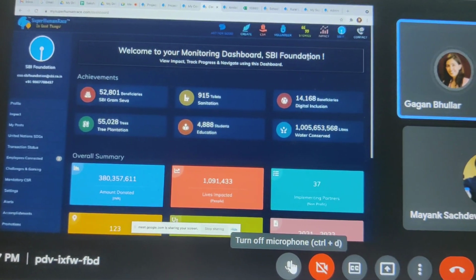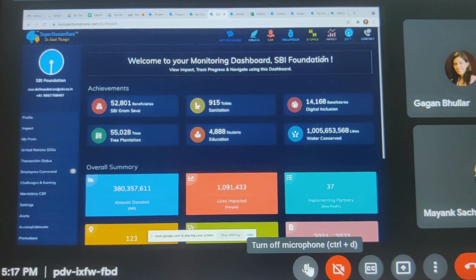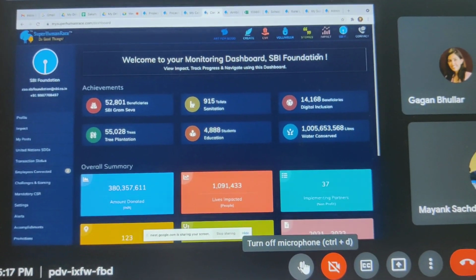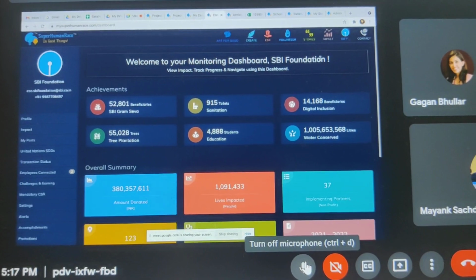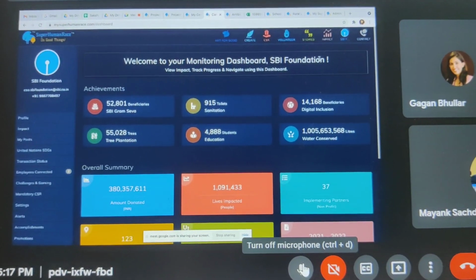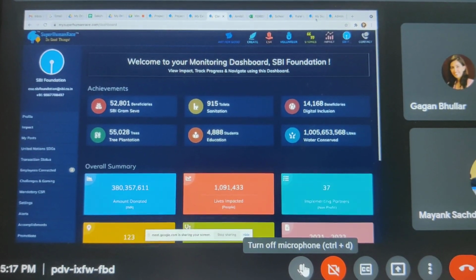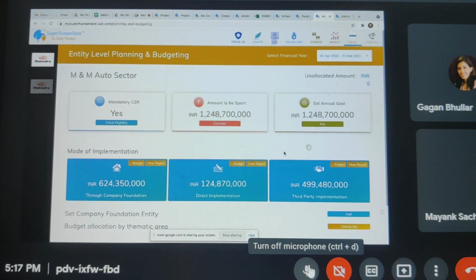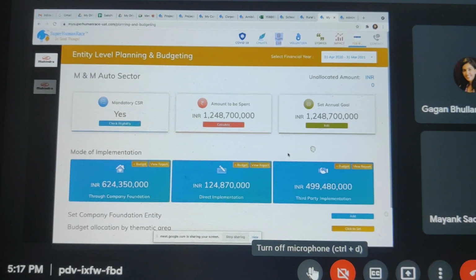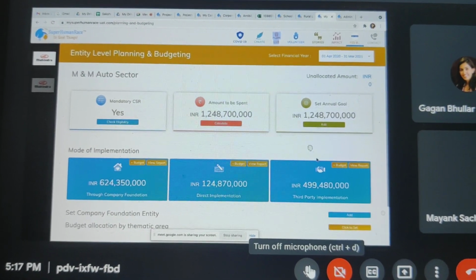Go ahead. Yeah, sorry. So for instance, from an organization standpoint, I would be interested in knowing that in my last quarter this is the amount that is unspent for me, and I might have to transfer it to an unspent account if I don't spend it in the last quarter as well. So does it throw me a trigger or information or anything like that?